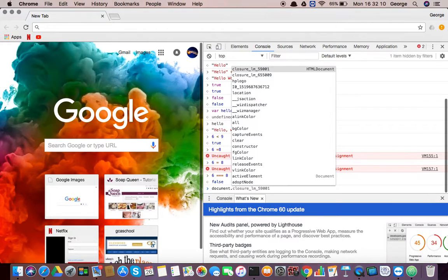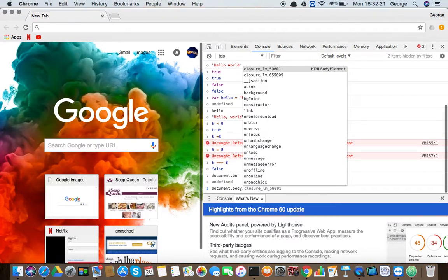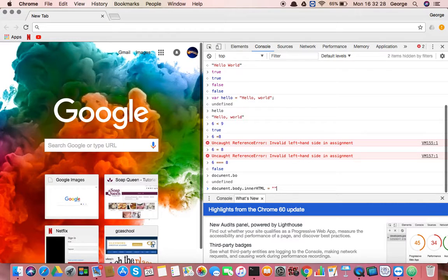Dot, dot, dot inner HTML equals. I'm going to say div, and then